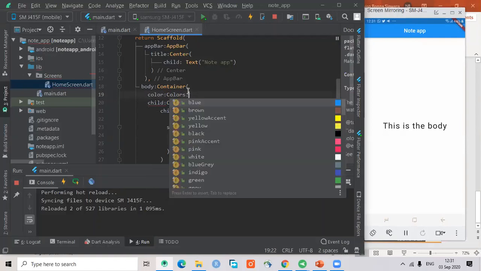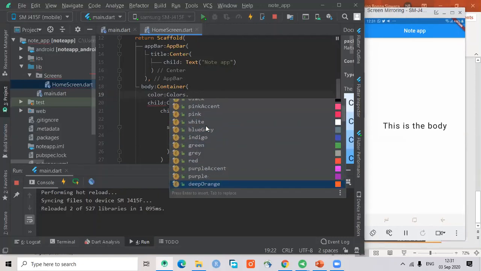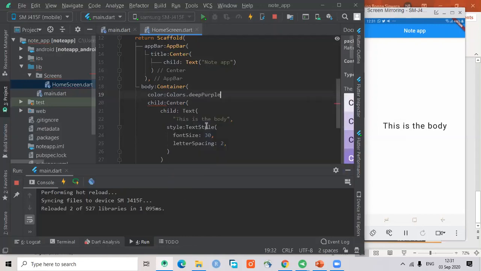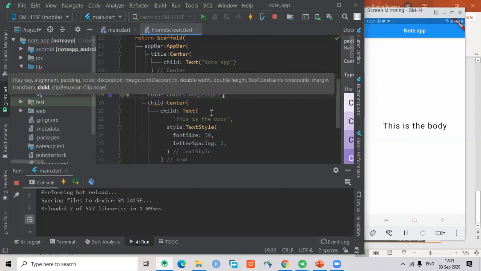So Colors is a class that contains all these different colors. So in order to access it, you first need to call this class and then dot the actual color that you want. So you can look between any of these colors and then choose one that works for you. So for instance, maybe let's try that one. And the reason why it's complaining here is because you always have to separate properties and widgets with commas. So now if I restart that,